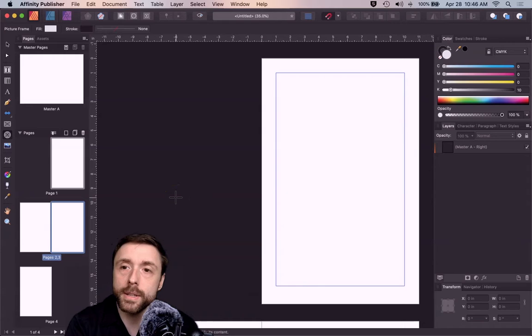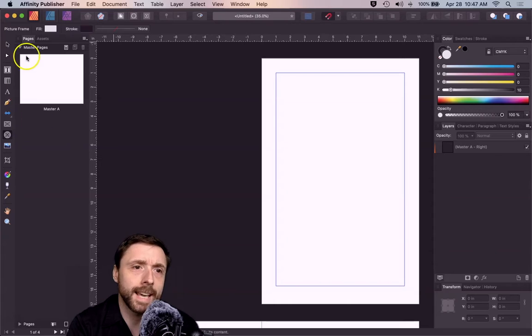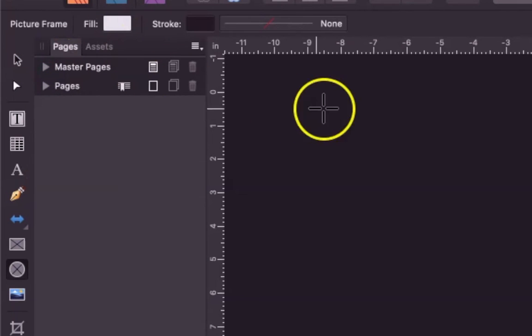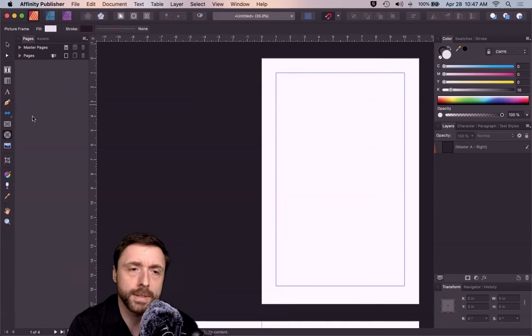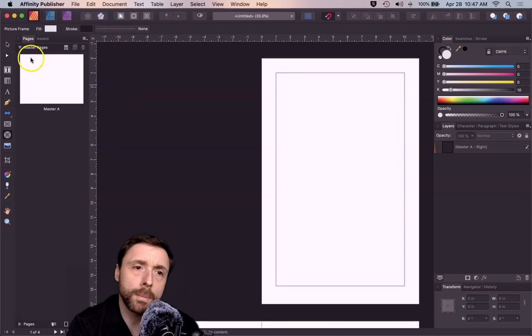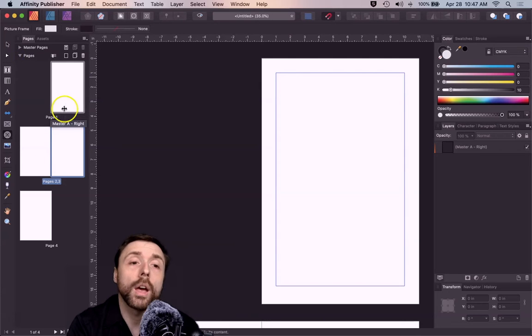So going across the rest of the interface, this looks fairly like we're at home. We have our master pages, which are up here. And one thing that I like about it is that I can also cascade my pages and master pages, so I don't have to have them visibly here. Of course, we can adjust how much of that real estate is used by grabbing this border right here. Master pages, again, if you don't remember, are the common thing that we have built into the background of a sheet. So for instance, if you have a header or a footer and you don't want to deal with it in your page layout, which is the content that we're creating on our individual pages,